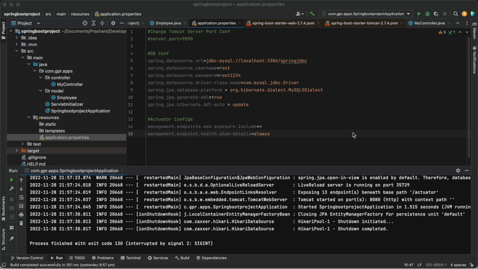But if we are going to run any project, be it Spring Boot or Spring, in a specific environment, suppose I'm going to run my Spring Boot project in my local environment, that is the dev environment, then I need to change in the application.properties the database source, schema, username or password, or any configuration that resides in my local. So I need to change those configs, and then run in my local environment